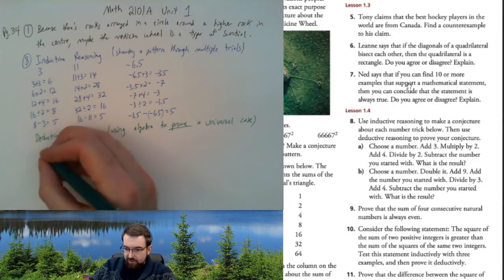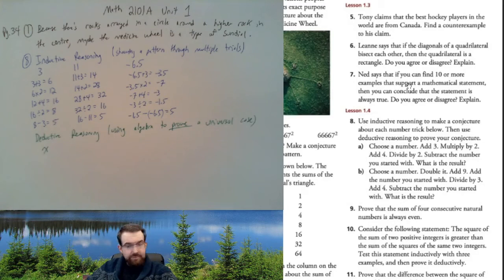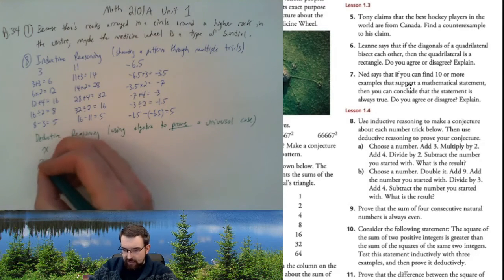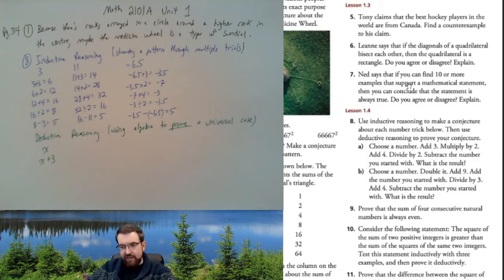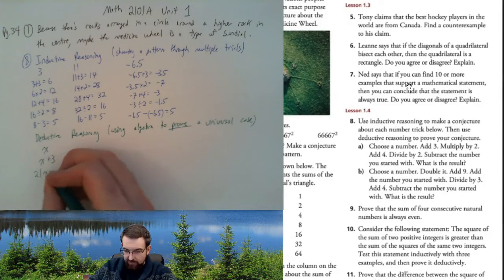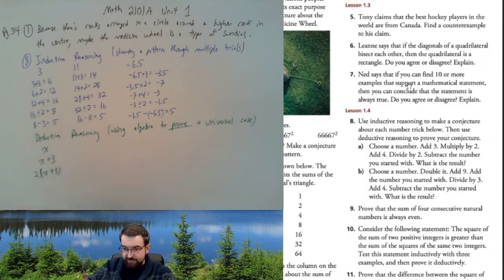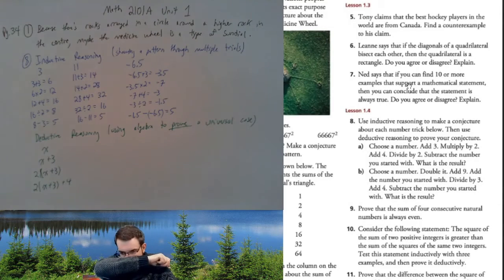So then my first number instead is going to be x, right? Then I'm going to have x plus 3 for my next step because I'm adding 3. Then I'm multiplying by 2, so I'm going to have 2 outside of x plus 3, right? Then my next step I'm adding 4, so I'm going to have 2 outside of x plus 3, plus 4, excuse me, right? Or I could call this,